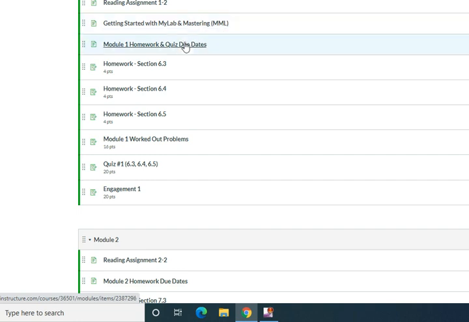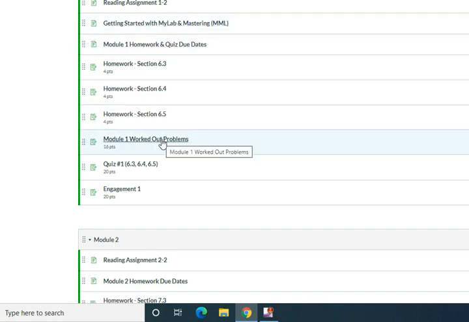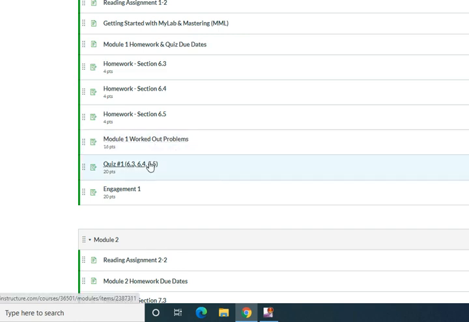Okay, then we go through. Here's the homework that you will be doing on MyLab and Mastering. Then you'll have worked out problems. Read these directions. I do them specifically. They have to be on a Word document, and I'll be showing you something later about that as well. But it's different from this one. This one is online. This one you're going to look at your textbook and pick some problems, and you can actually do your work. They're worked out problems. All right, then we have the quiz, and then engagement, 20 points.